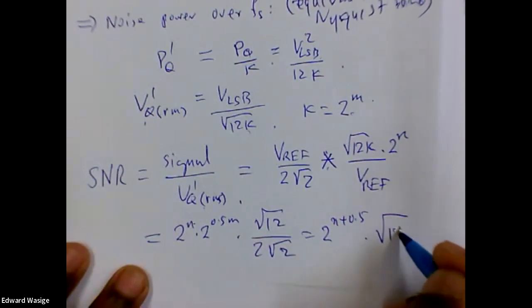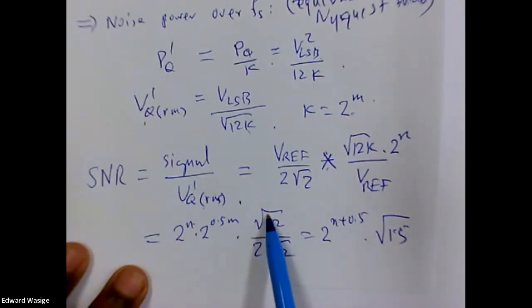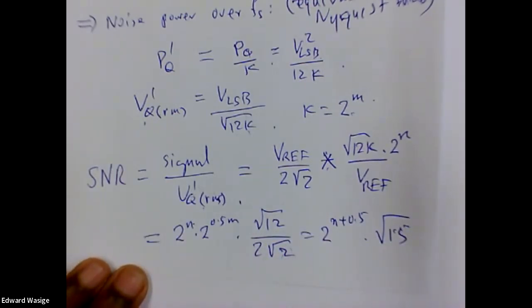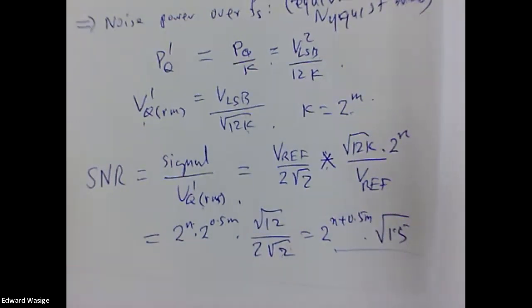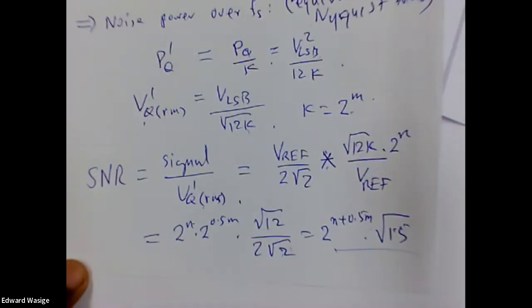I think it simplifies to 1.5. So on the top it becomes root 6. If you put the 2 inside, it becomes 4. That comes to 1.5, and we have an m there. So the signal to noise ratio becomes this, and that's almost identical to the signal to noise ratio for the